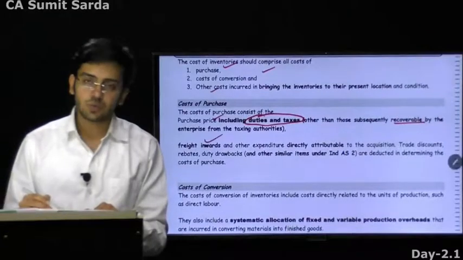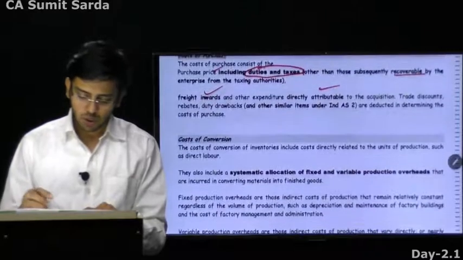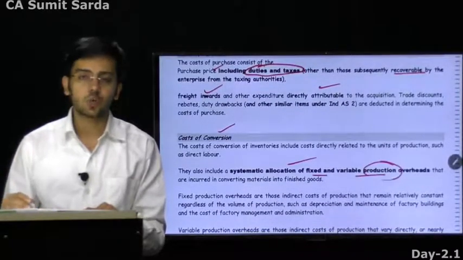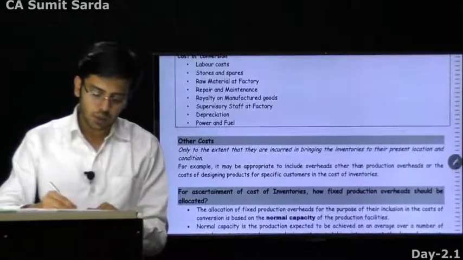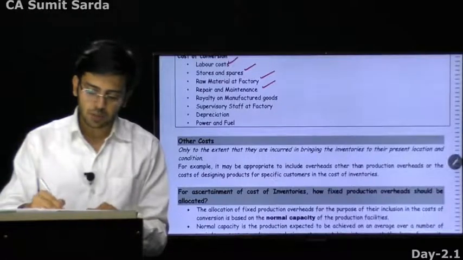Freight inwards, carriage inwards, transit and directly attributable cost. Cost of conversion, systematic allocation of fixed and variable production overhead. No other cost shall be included. Like labor cost, store and spares, raw material, repair and maintenance, royalty,